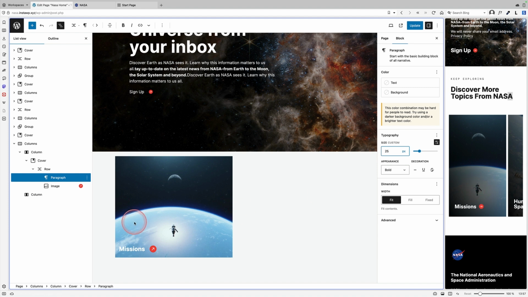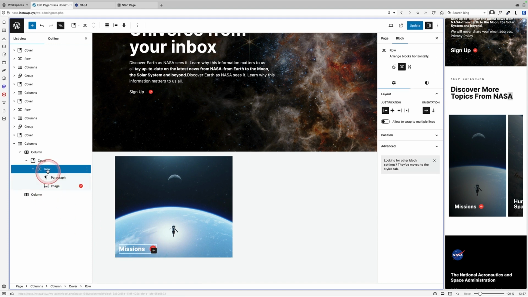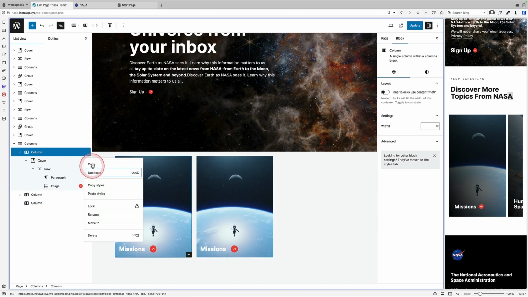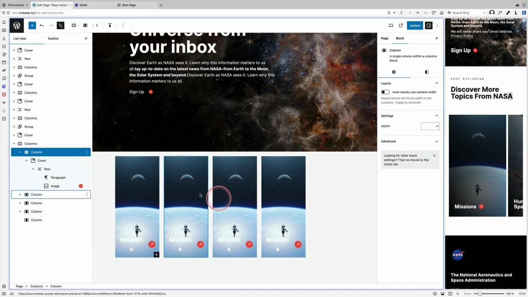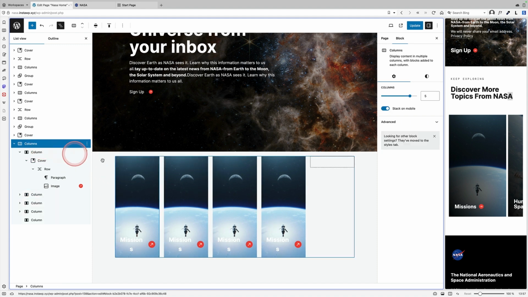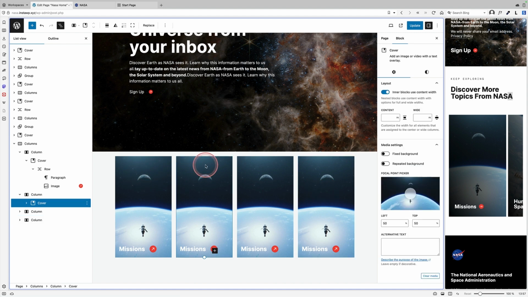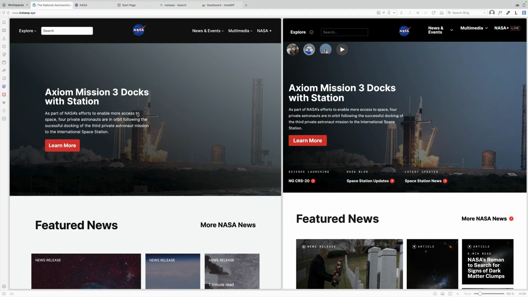Here's the one I've just created. So once you get the first one right with your little paragraph and the icon next to it, just using the row block again, what I'm going to do is select the columns block, and I'm just going to duplicate it a few times. You see I can just duplicate it here. And now once I've got it duplicated, let's delete that last one. All I would need to do is to go into each one, change the background image and change the text. Let's see how I got on.